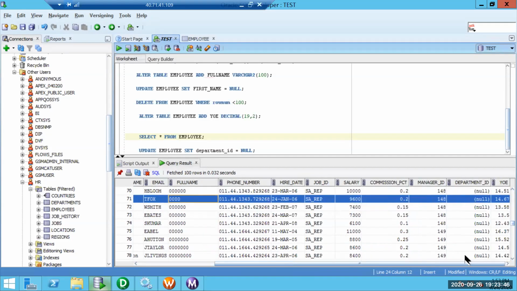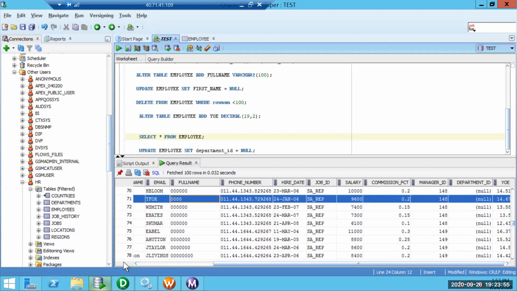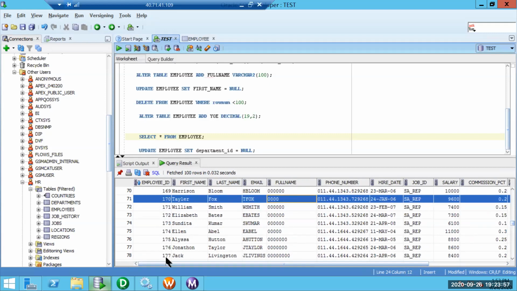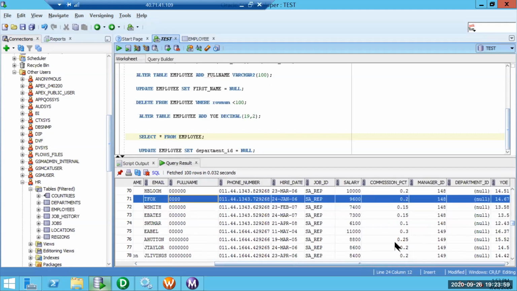We can restrict that. So the requirement is that the cache should be built only from 171. Ideally, after running the same mapping, since the cache is built only from 171, department ID should be populated only after employee ID 171.